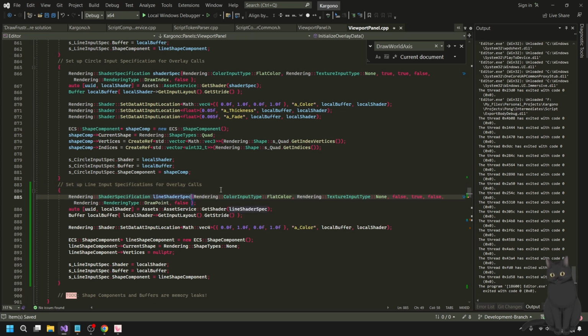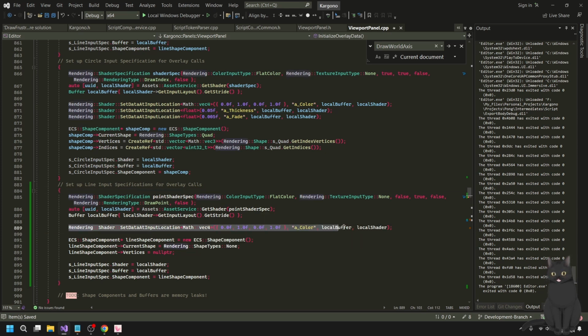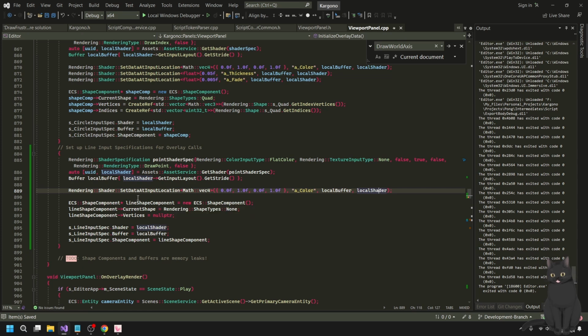And then this is going to be the point shader spec. Okay, then we set the color data here, I guess. Local shader, local buffer, ECS shape component.